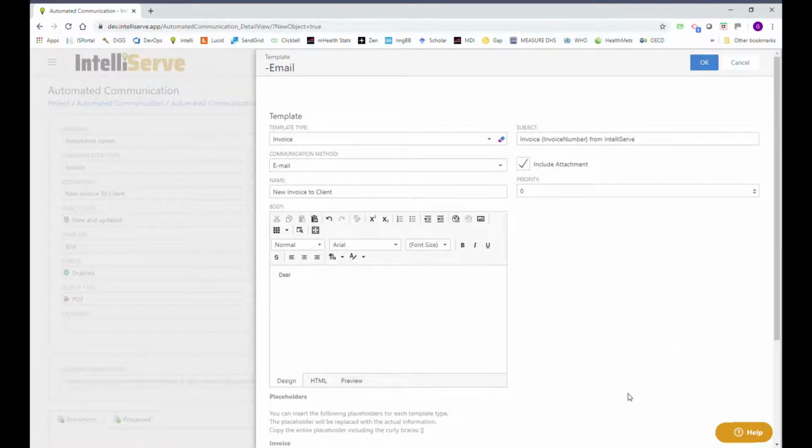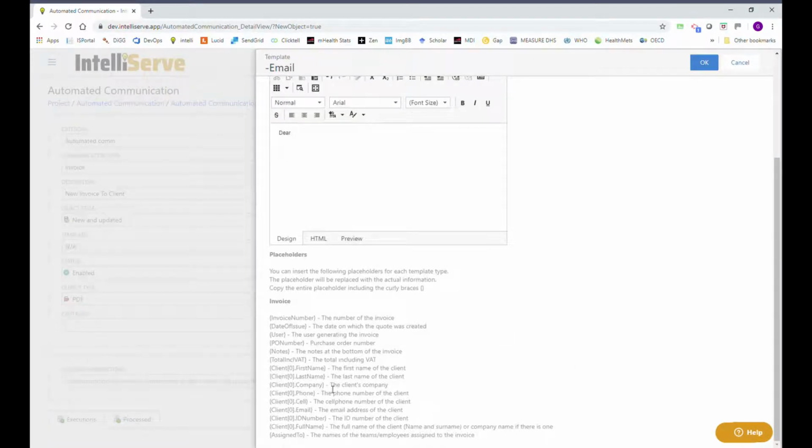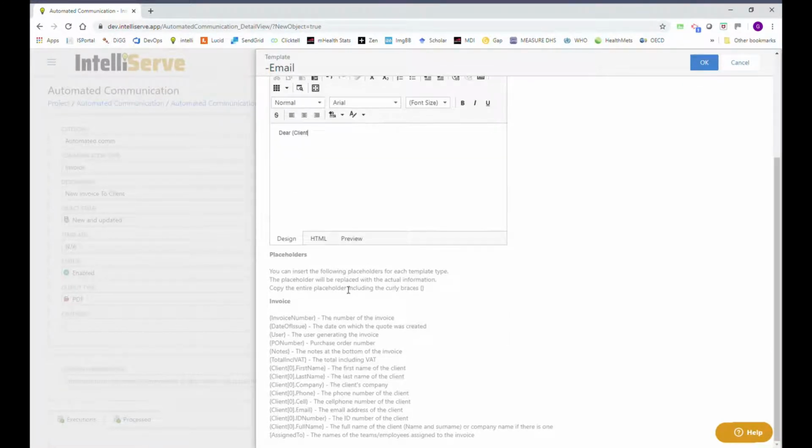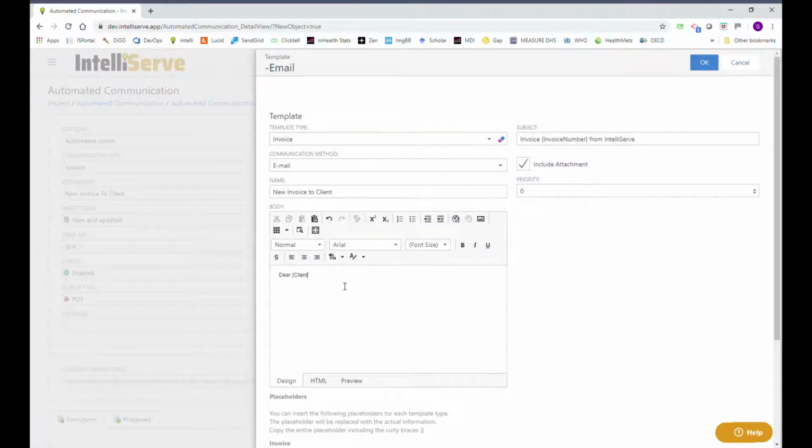And we can say dear, let's see here, client's first name. So we have client, I think it was a 0, yeah. Client square bracket 0, his name. Please find attached your invoice